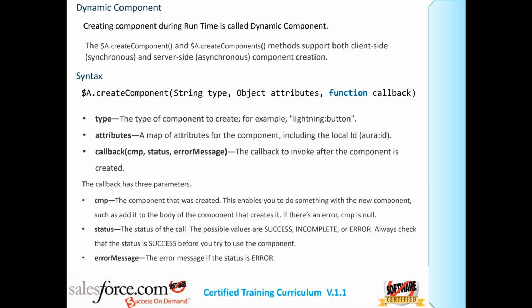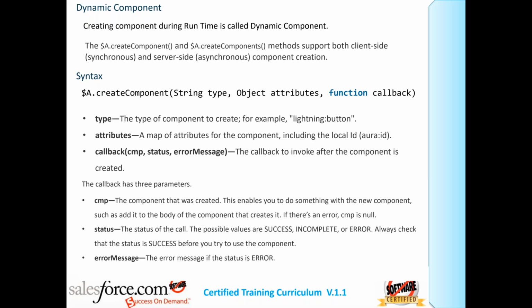Whatever component you're creating, its properties or attributes are defined in the second variable, called object attribute. Object attribute has to be in JSON format in curly brackets, where you say label equals this, onclick equals this, variant equals this. These are the attributes of the component.